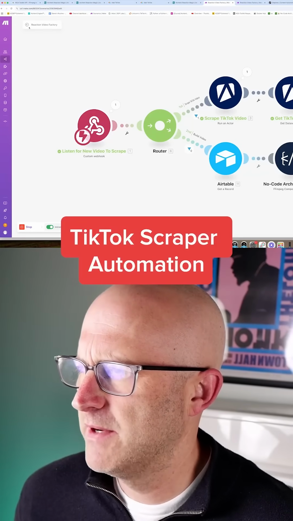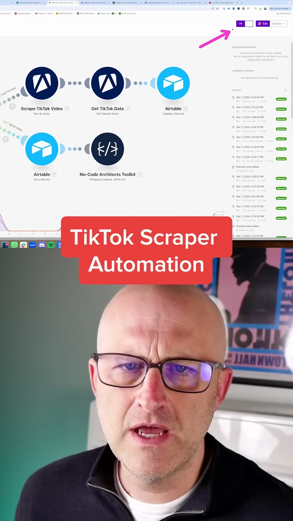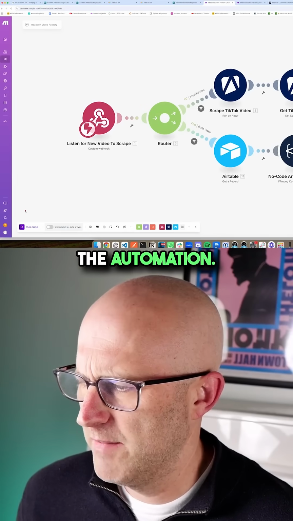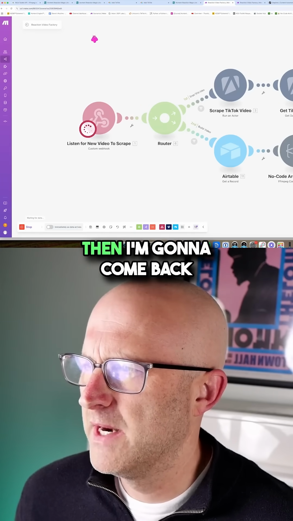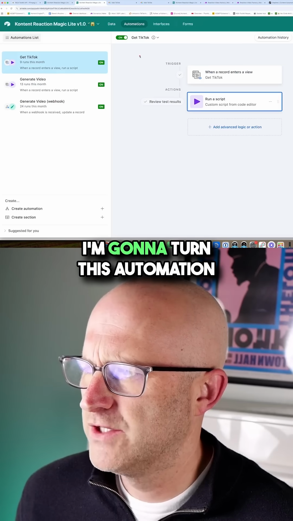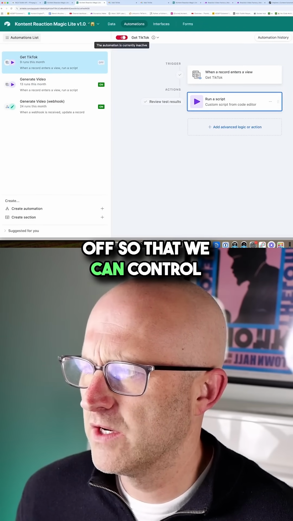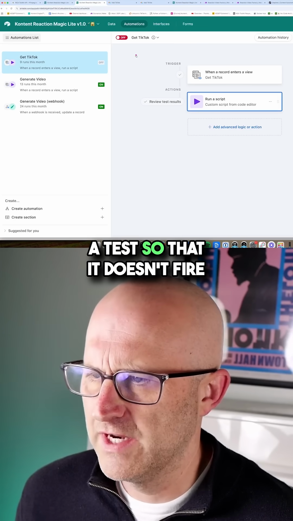So to show you how this works, I'm going to come back. I'm going to go ahead and turn this automation off. Then I'm going to come back into the automation. I'm going to run it once so that it's waiting for a request. Then I'm going to come back to Airtable. I'm going to turn this automation off so that we can control a test so that it doesn't fire off